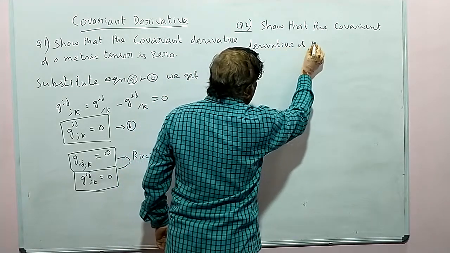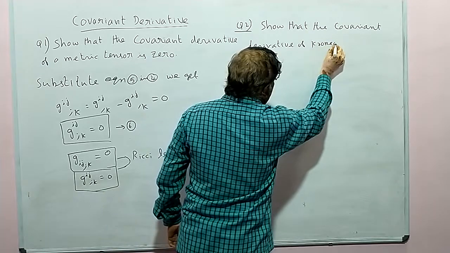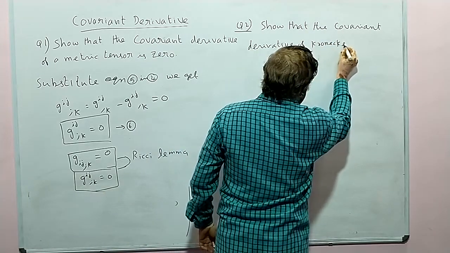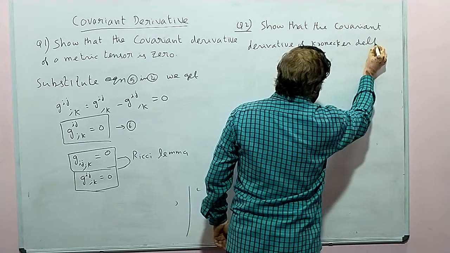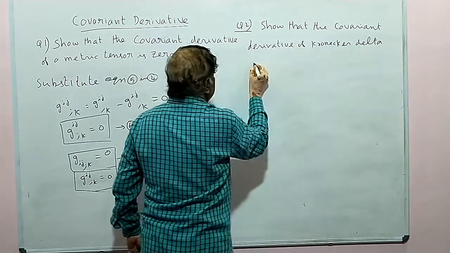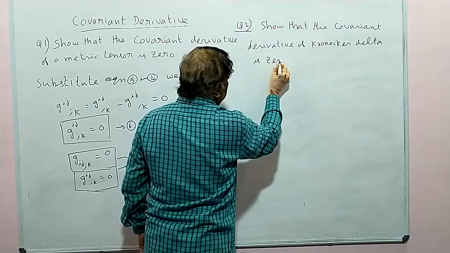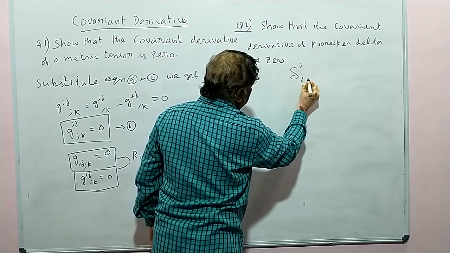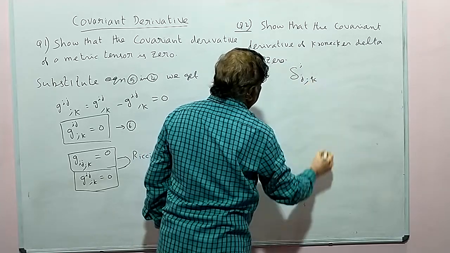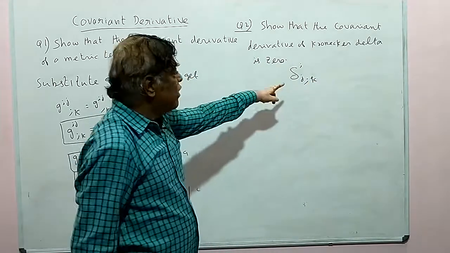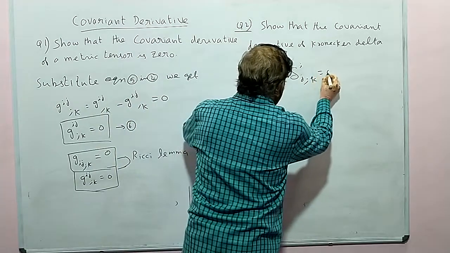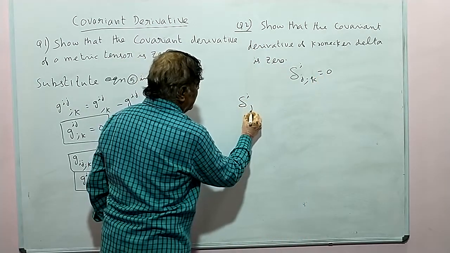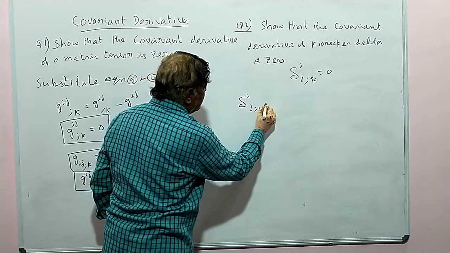That is, if you take delta ij, if you take the covariant derivative, this must be 0. So in order to prove this one, you take this mixed tensor semicolon k, this is equal to,